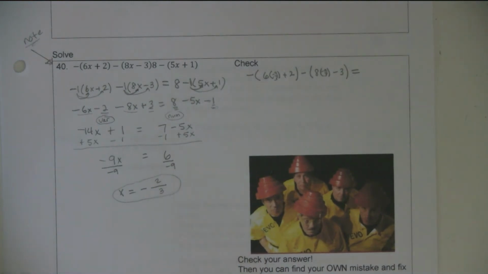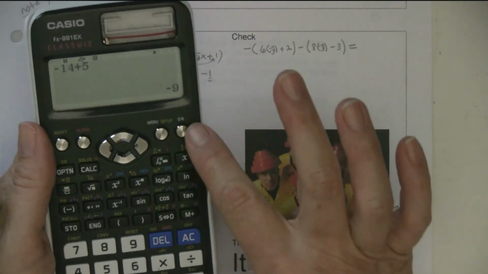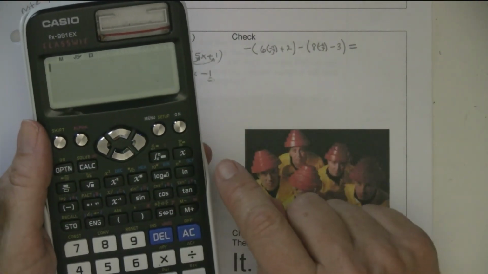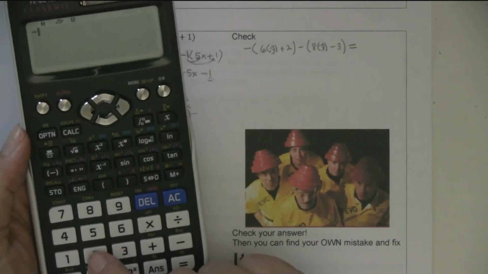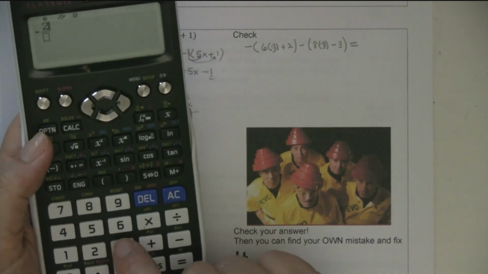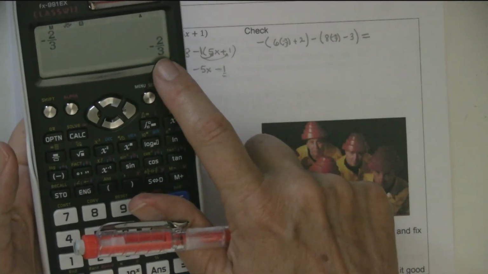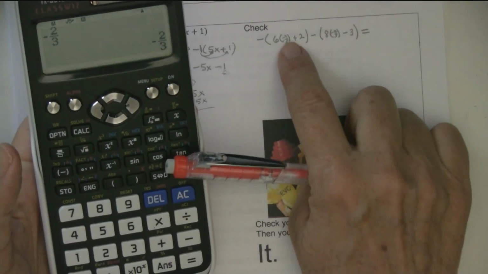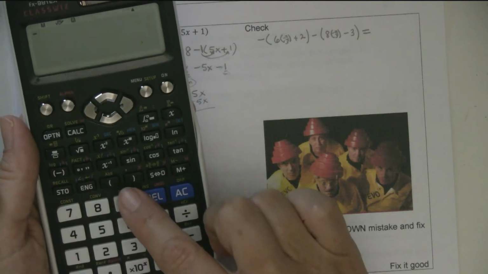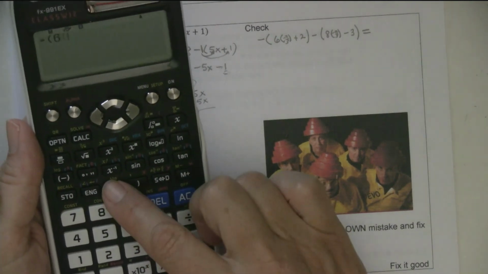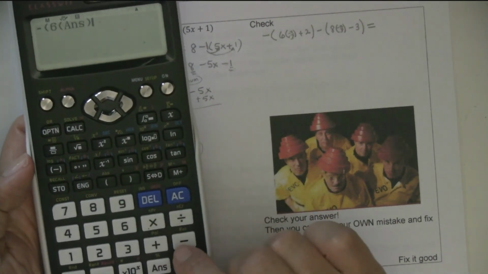And so I want to show you something, a way that when it's more complicated like this, I know I got those negative 2/3 kind of blurry and kind of small, but that you can do. It's just kind of helpful. You put in negative 2/3 downstairs, and that's the last answer that I had. And then instead of typing in that whole thing, since I have it in these two places, I can just put answer. So I can go minus, and then 6, and then parentheses answer at the bottom. And that's the last answer, which was negative 2/3, plus 2,